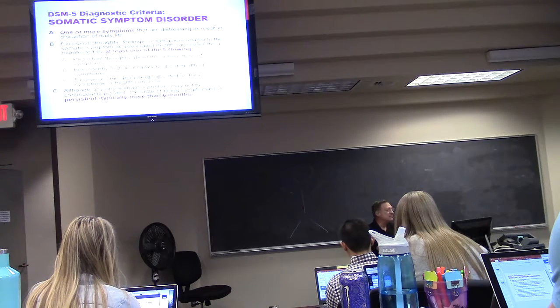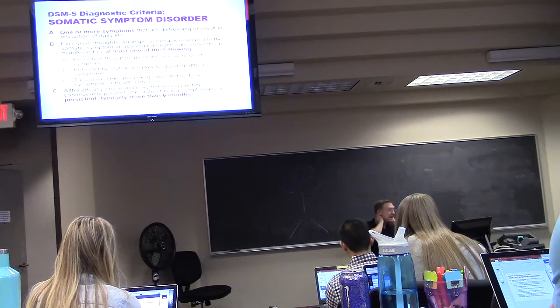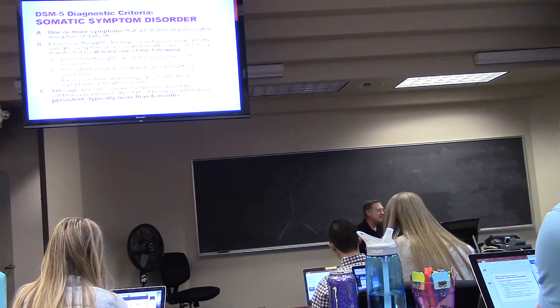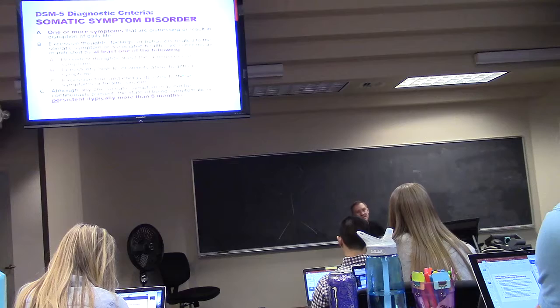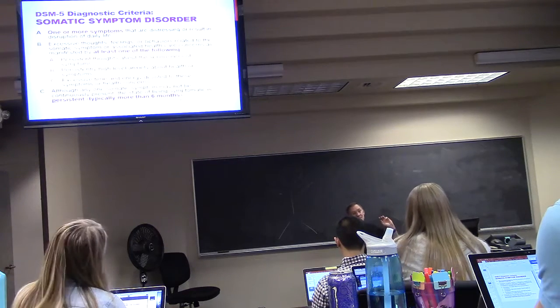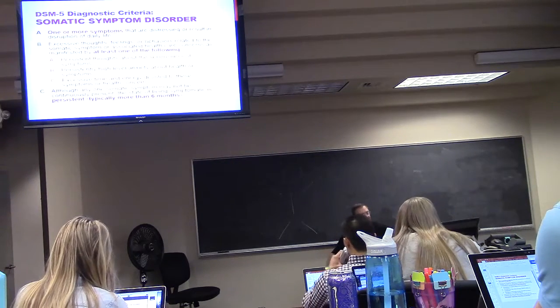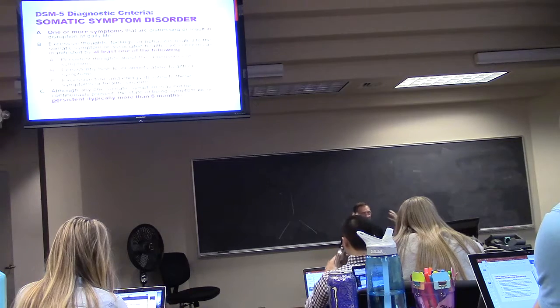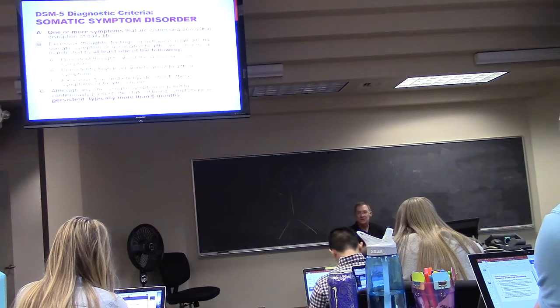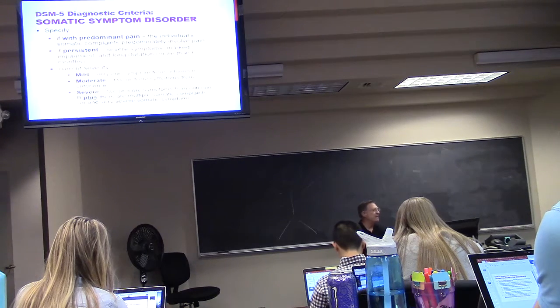Although any one symptom may not be continuously present, it might be my arm, it might be my back, my neck, my head, they have to have been symptomatic persistently over at least 6 months. So they could have the same head problem for 6 months, or they could have several different body parts in movement that they have had this complaint about.